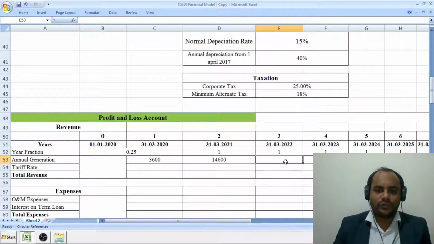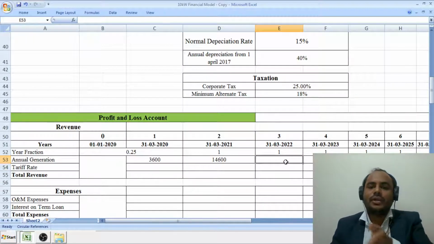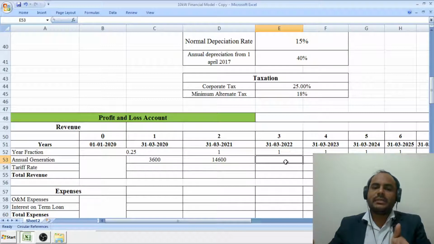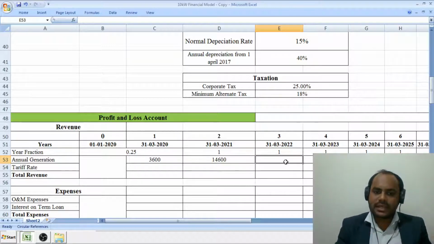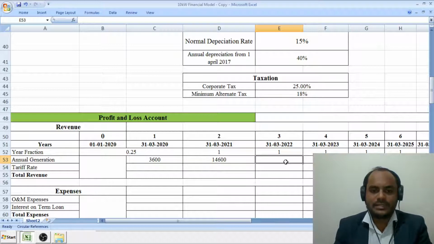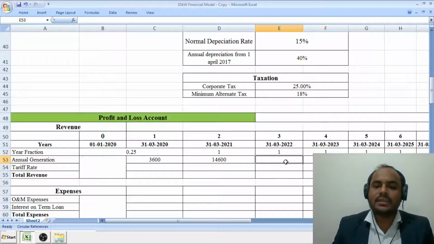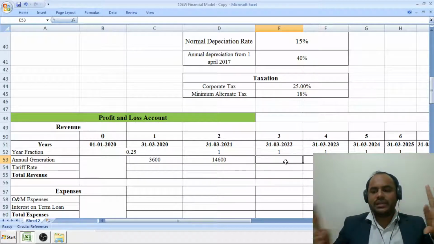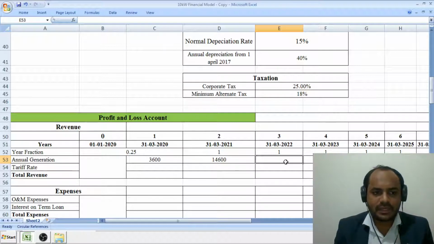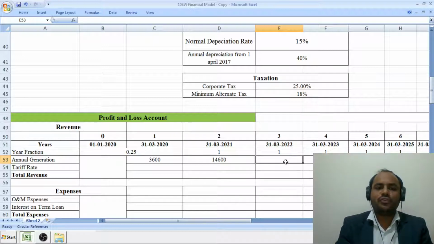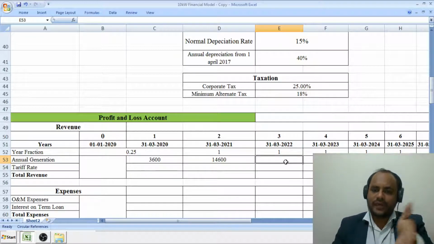From the third financial year onwards, we have to consider the pattern of degradation of the solar panels. As we know, as the solar panel gets degraded over time, like in the first 10 years it is going to degrade its performance to 90%, and after the 11th year up to the 25th year it is going to degrade its performance again to 80%. So overall a steep decrease of 20% in the performance parameter we have to consider. For the calculation of the annual generation, we have to multiply it by the deration factor of the plant load factor. And this deration factor we came to know from the data sheet of the solar power plant.